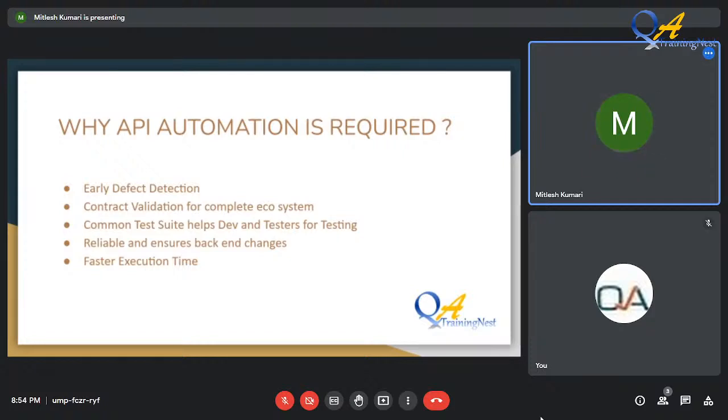Today the time to market has to be very minimal, right? Everybody wants the sprint to be live in 4 to 5 days, as soon as possible, right? But all of that can be achieved only using an effective API automation